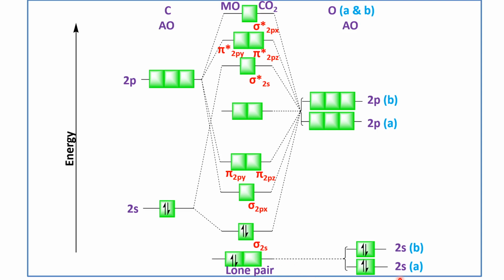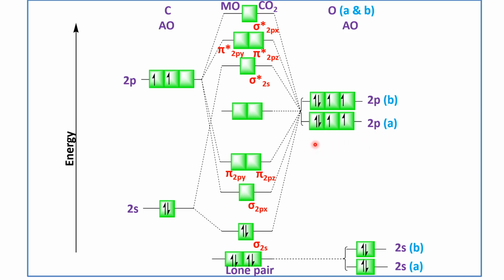So we are having the first lone pair and the second lone pair. We have seen in the structure there are 4 lone pairs on the 2 oxygen atoms, and each oxygen atom is having 2 lone pairs. So out of 2 lone pairs, 1 lone pair is from the 2s. Then let us move to the further 2p. 2p of carbon consists of 2 electrons. And the 2p of the first oxygen consists of 4 electrons, and again 4 electrons for the second oxygen atom.